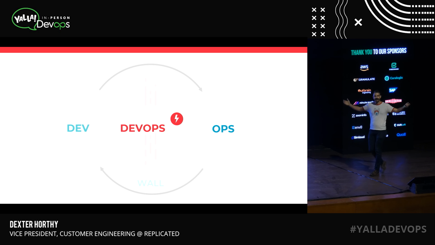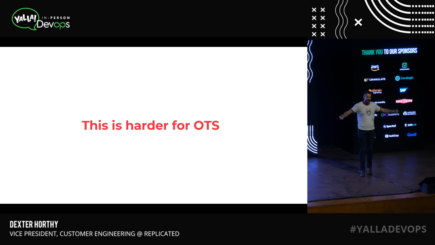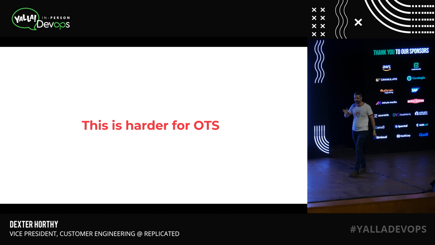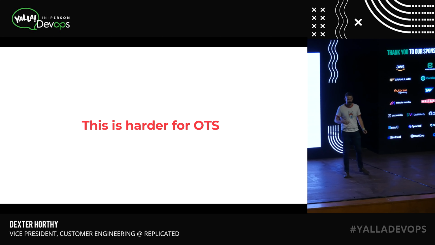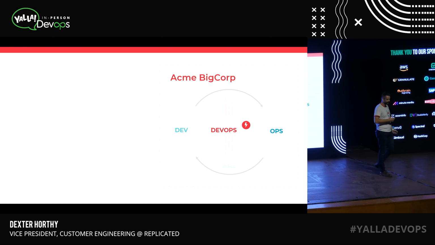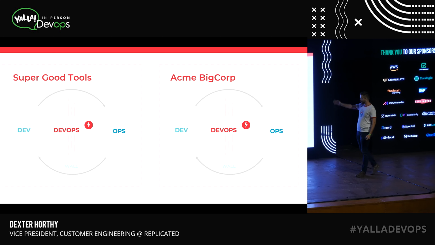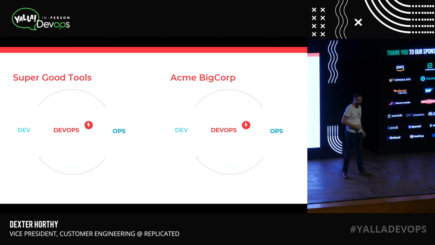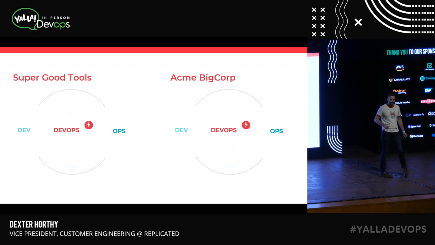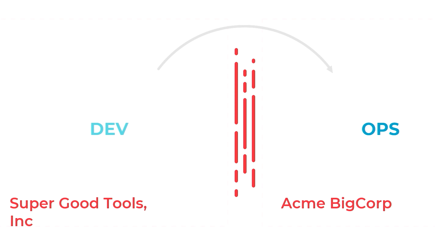We're one big happy DevOps family, right? This is harder for off-the-shelf, because I can't just go tap someone on the shoulder and get help with something. And even if your company, Acme Big Corp, is doing DevOps and super good tools, they're doing DevOps too. If I want to take something from super good tools and run it in my data center, we're back